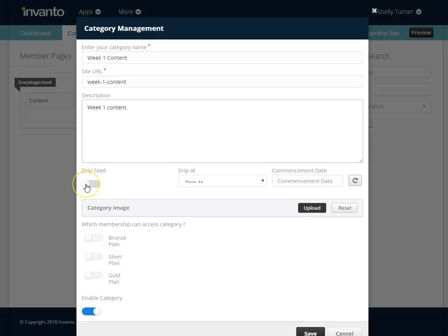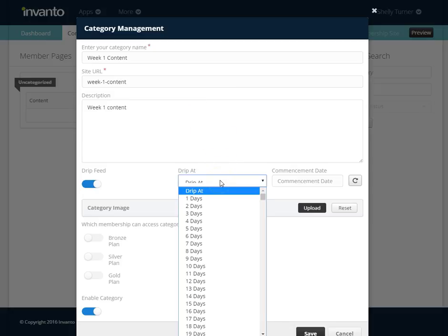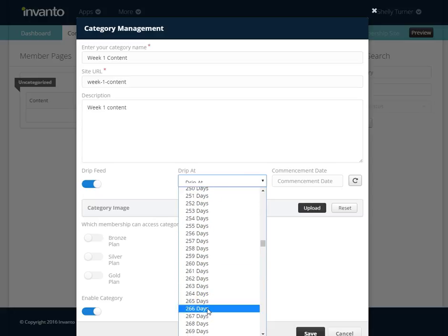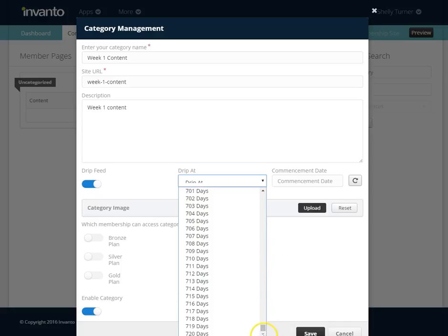So if I click drip feed, I can actually choose when this content is going to drip into the membership site. I can drip it at 1 day, I can drip it at 2 days, I can even drip it all the way down to 365 days if I want to. So I can go all the way, I think the end is 720 days.